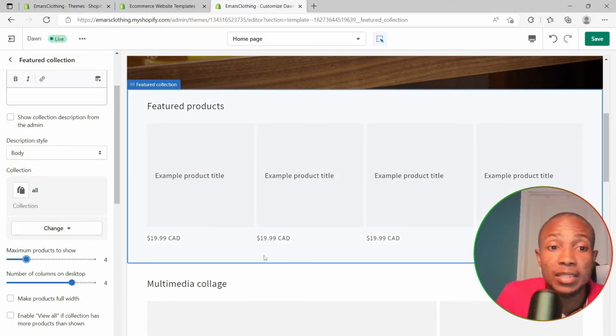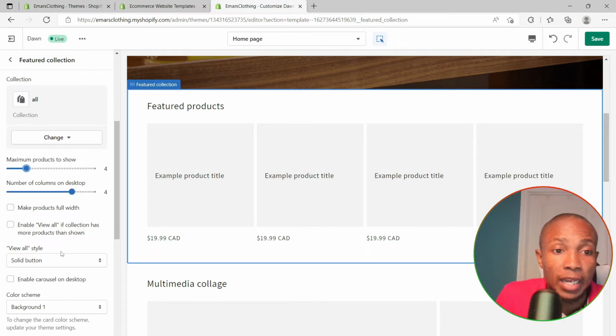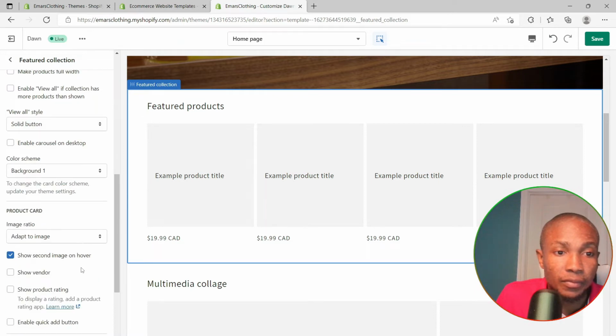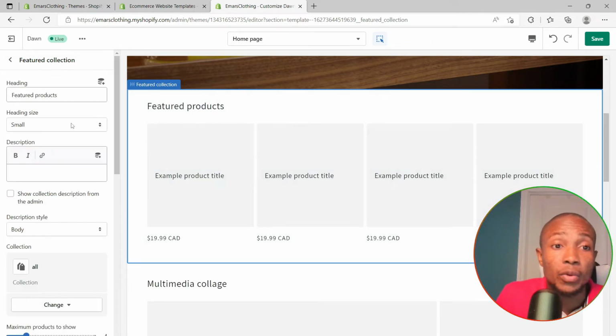But it depends on how much you want to be shown on your website. For the number of columns for our desktop, we want to keep it to 4, and scroll down to the mobile section. We want to keep it to 1 column, because on the mobile view you don't want to have 2 columns being shown. You want it to have 1 at a time. So what we're going to do now is create a collection. So I'm going to select change